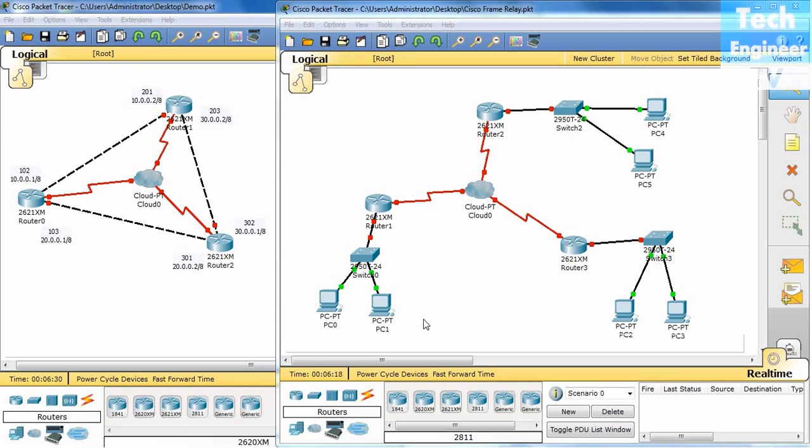Hello there. In this tutorial, we're going to discuss frame relay. We configured the cloud in the last video. We learned a bit about frame relay, and that it uses the concept of virtual circuits. In frame relay, if we are configuring point-to-point, in this point-to-point concept, we basically